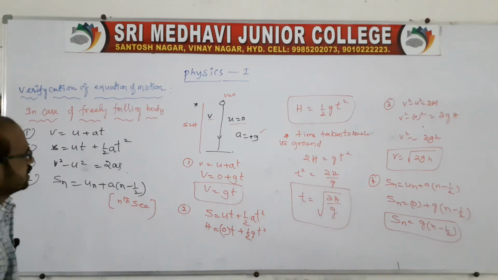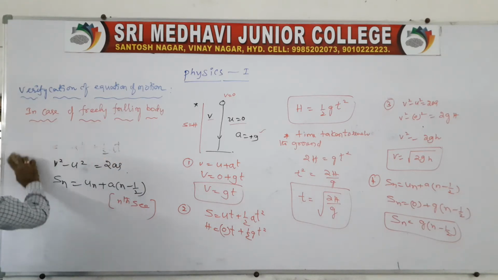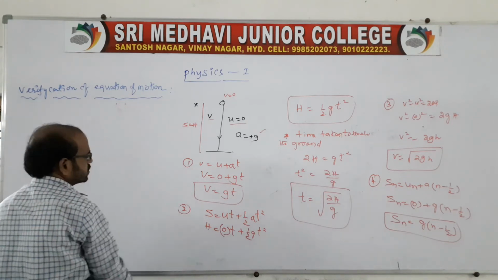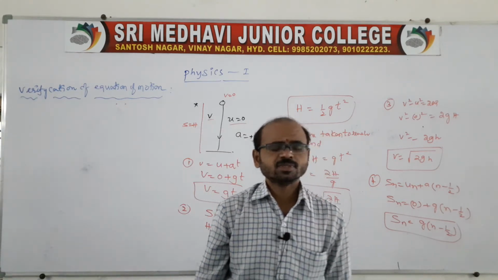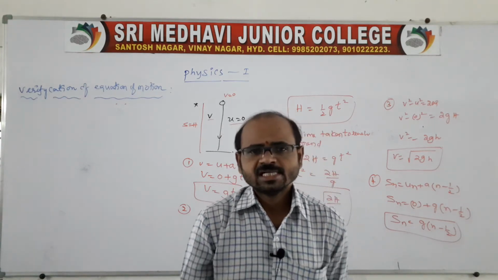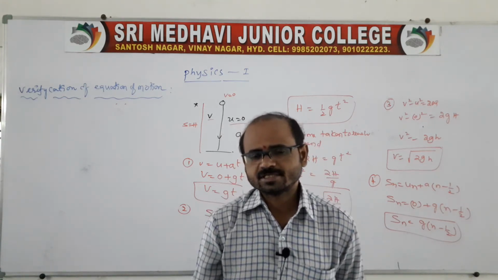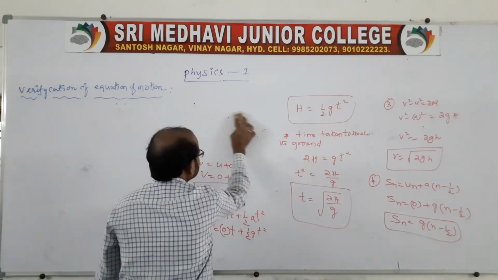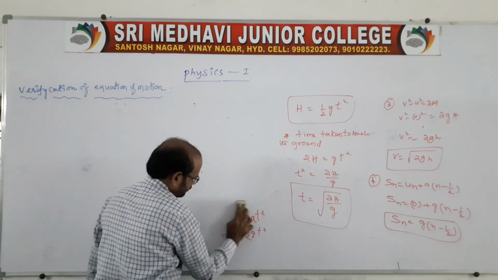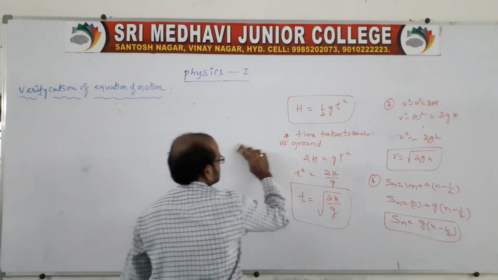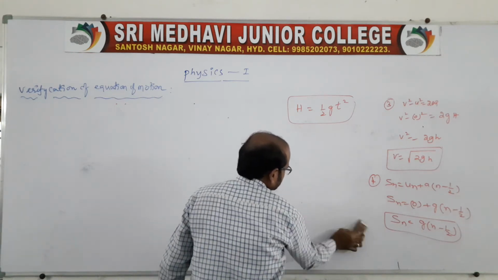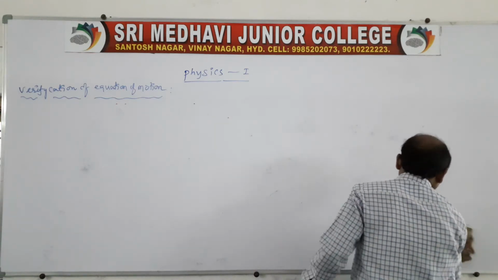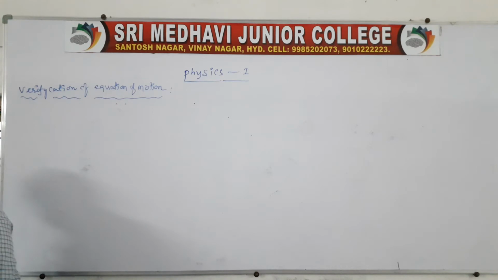Okay. Now, on this basis, again in case of a freely falling body only, I will tell you one problem. See, suppose there is a question: find the ratio of distance travelled by a freely falling body in the first second, second, third second, fourth second, and so on up to n seconds, right? See, this is the problem given.